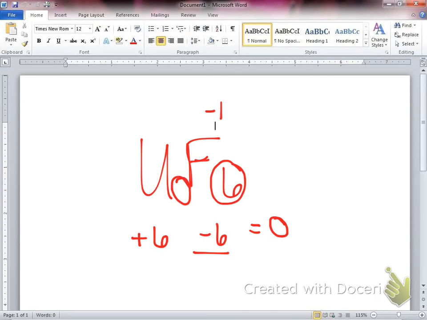+6. How many of these molecules do I have? Only 1. That means my oxidation number of that molecule must be +6. Okay, so the way that I kind of decipher these is I put my totals down on the bottom, and I put that element's oxidation number up on the top. You can do whatever works for you best, but that's kind of how I decipher myself through these types of